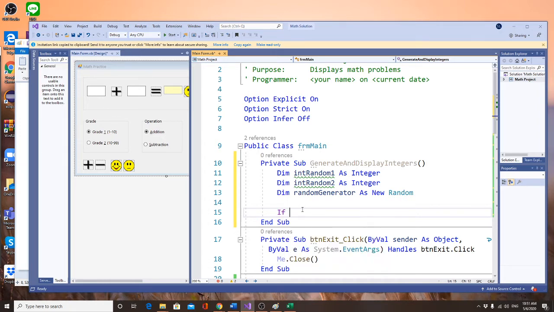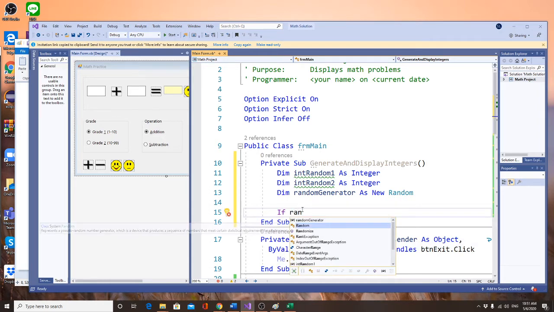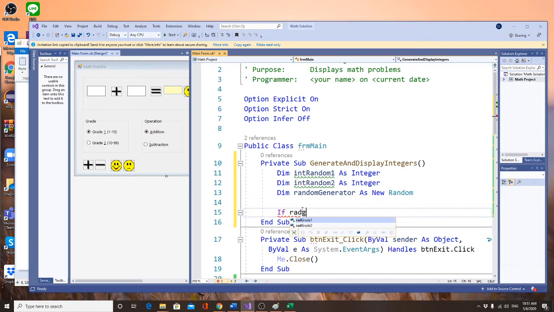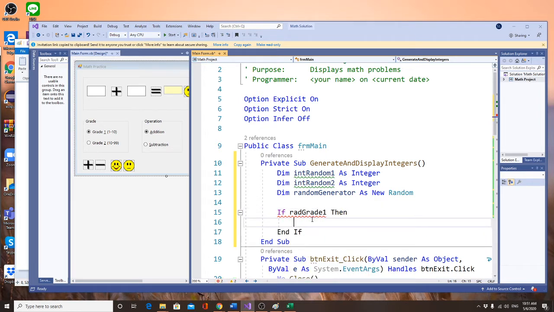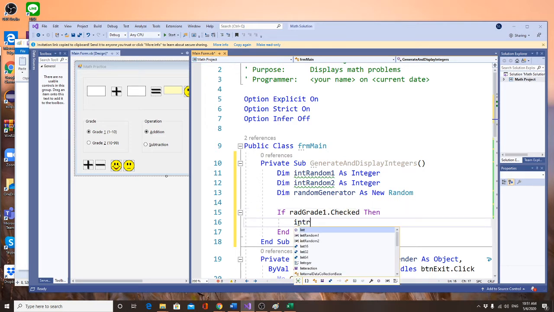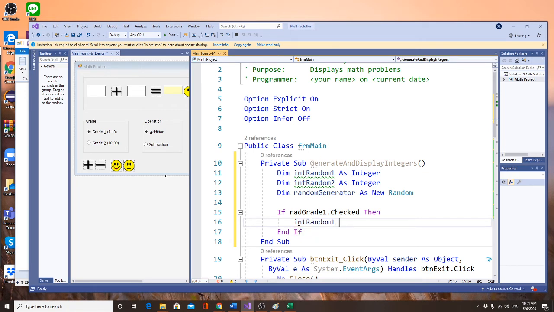You say if first grade is checked, then we are going to say integer random 1 equal to